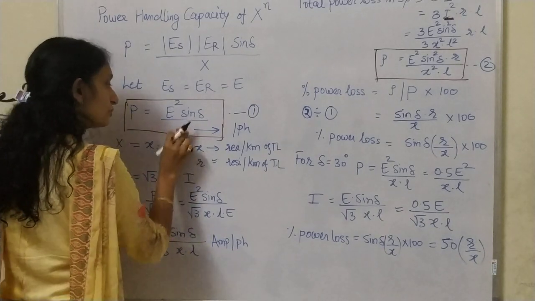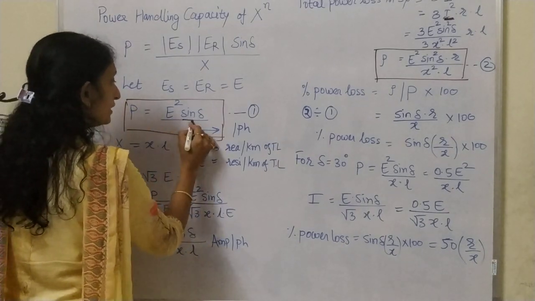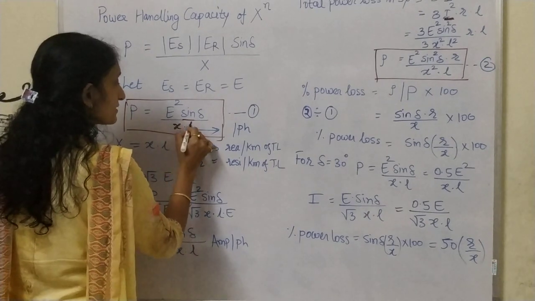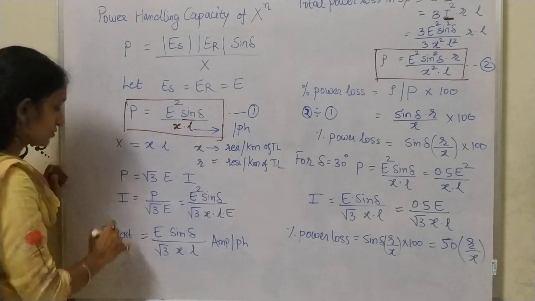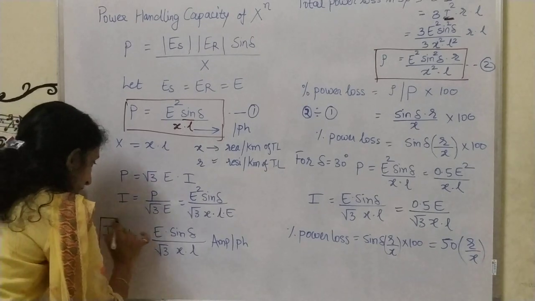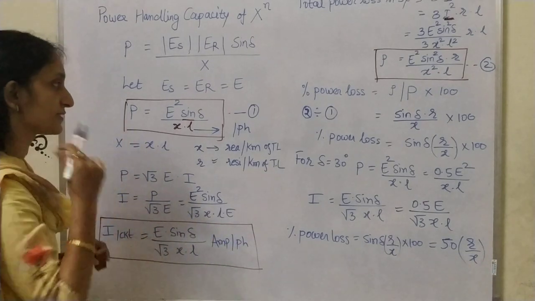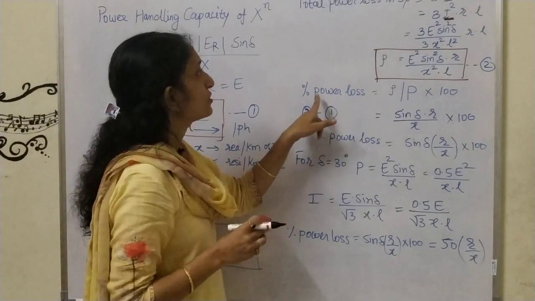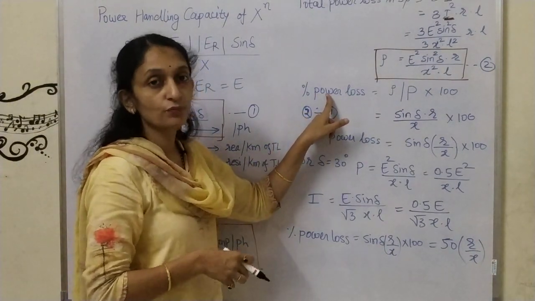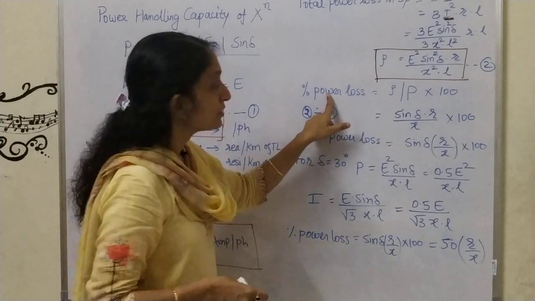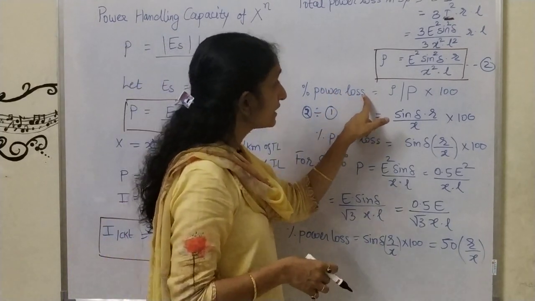Now I am directly putting small x into L. The second formula, the current per circuit, is E sine delta upon root 3 XL. Next, we need to calculate the percent power loss. So percent power loss is given by